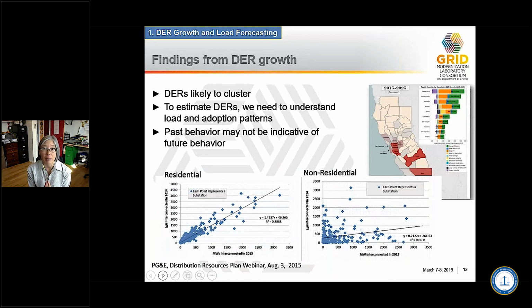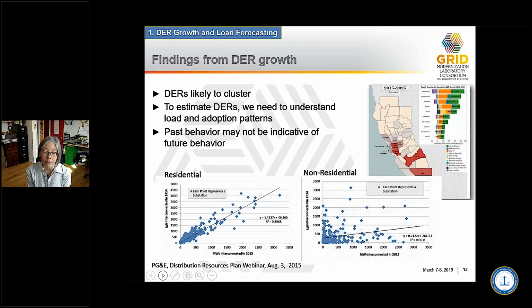I know that Ben talked a lot about DER adoption. I don't want to be redundant. I just wanted to point out one finding from PG&E that I think is useful. We look at historical behavior to try and predict future behavior. In some cases that works, in some cases it doesn't work. This is a finding from PG&E when they did their